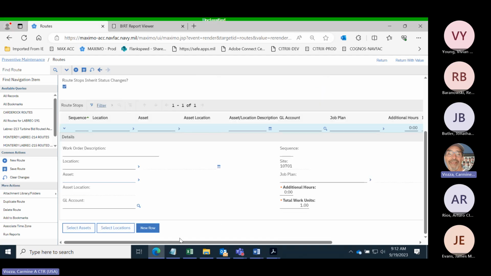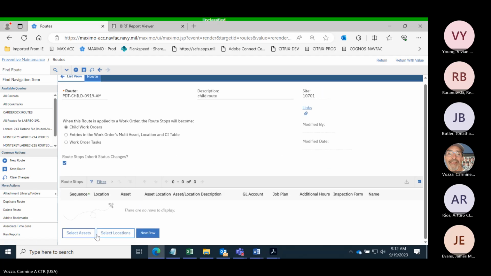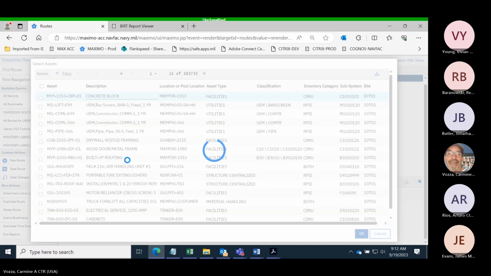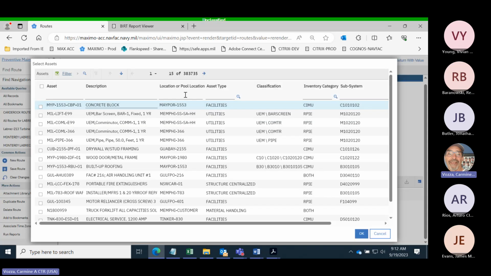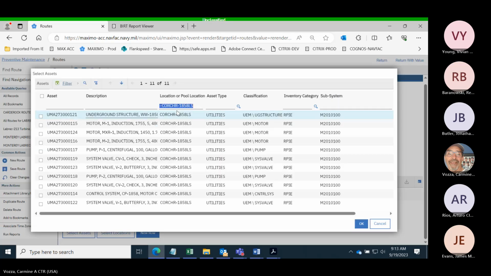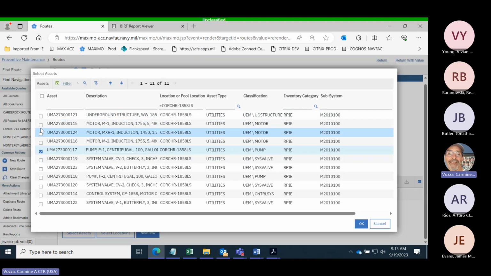So let's go back here, get rid of this one, select assets. Now when you come up here, you filter, go directly to the location. All right, so I got these assets. Just for our purposes, we're going to do a pump, we're going to do a motor,